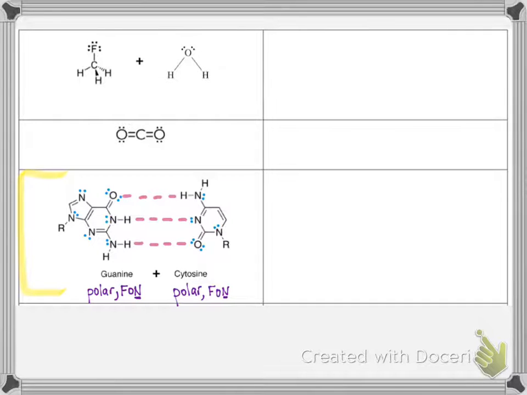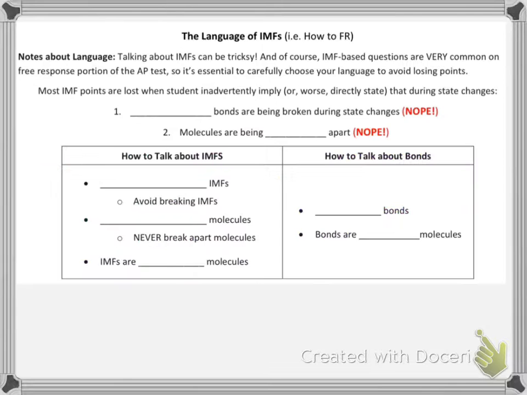All right, are you ready to check your answers? Let's try it. So between the 2 strands of DNA, we have hydrogen bonding, dipole to dipole attractive forces, and London dispersion forces, but those hydrogen bonds are the dominant attractive force. All right, now would be a great time to pause and try some of the other practice problems on your own. I'm going to move forward to one last thing before ending this video.